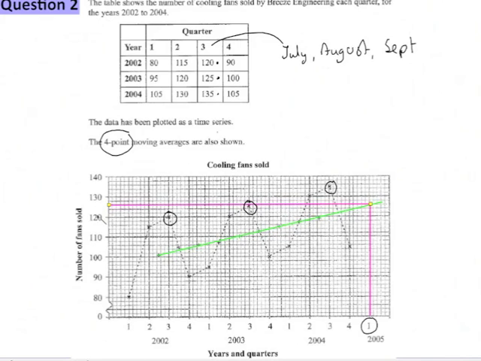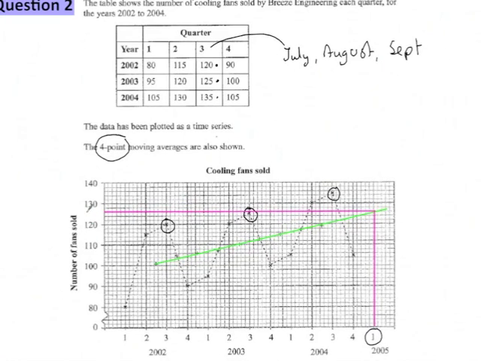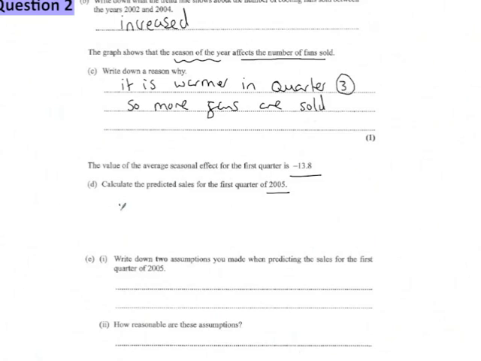We're looking at a value here predicted from here to be 126. So 126 is predicted from the trend line. So we take 126 and we subtract 13.8. This is the seasonal effect for the first quarter. So we're replicating this for the first quarter of 2005, which gives us predicted sales of